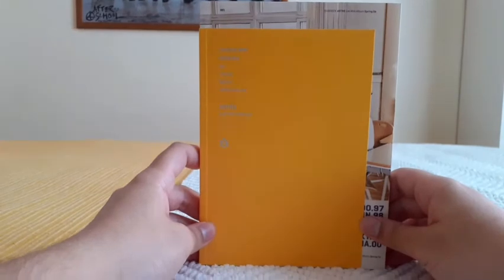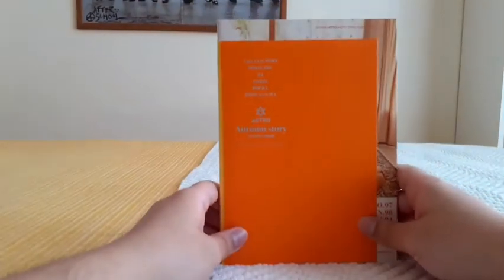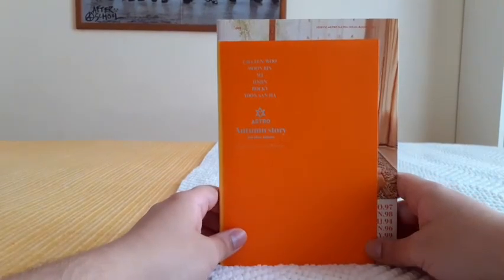Let's do Astro next. Why not? From Astro, I have 3 albums. I have their first mini, Spring Up. I have their second mini, Summer Vibes, which is very thick, and I love that. And last but not least, from Astro, I have their 3rd mini album. I got the orange version,